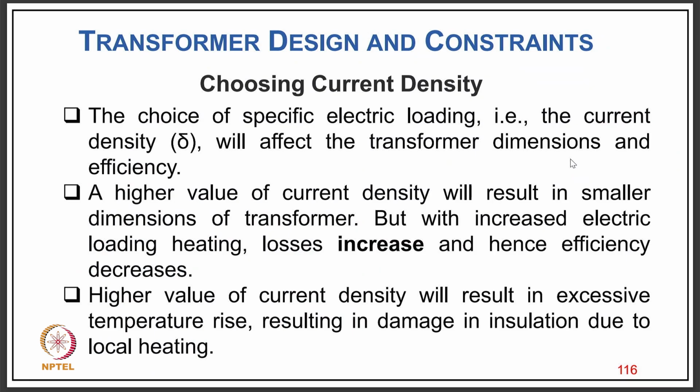Now coming to the selection of current density or electrical loading. The choice of a specific electric loading, that is the current density sigma, affects the transformer dimension and efficiency. A higher value of current density results in a smaller dimension of the transformer, but with the increased electric loading the losses increase and the efficiency decreases. So a higher value of current density results in a higher temperature rise,